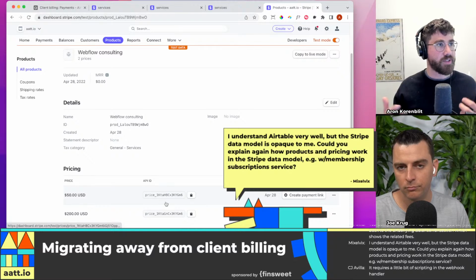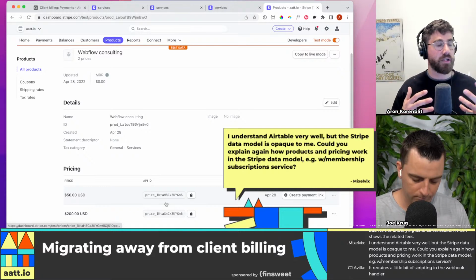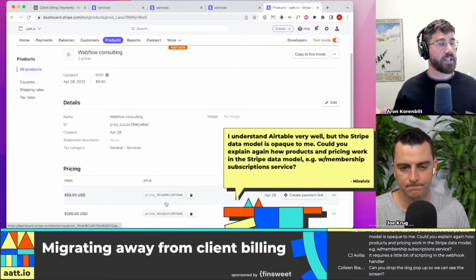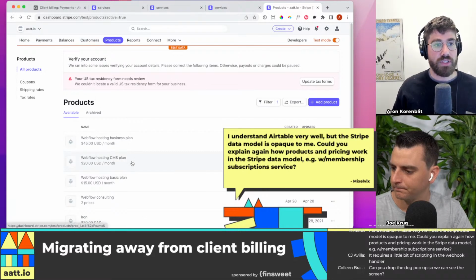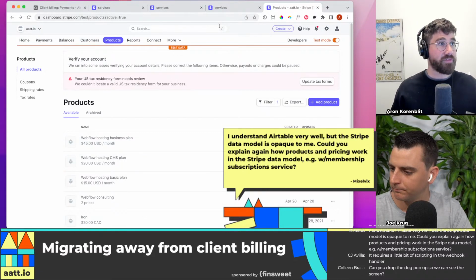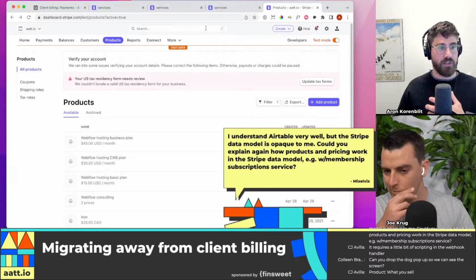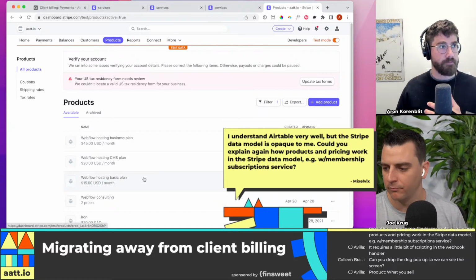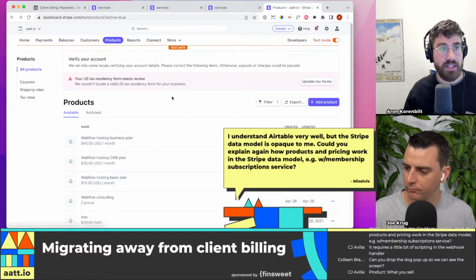Every product is something we sell. It could be t-shirts, it could be whatever, like a product is something you sell. And you should have one product for each thing that you sell. The reason we've split these out into different prices is that you have different tiers. Webflow sells different things based on what plan you're on. And so you should have one plan for each price. Then it's actually quite simple.